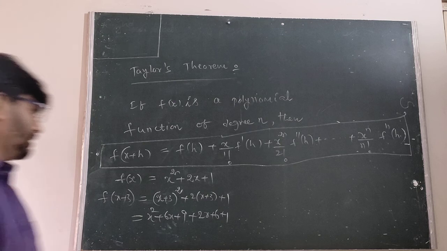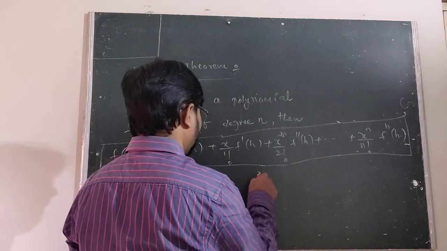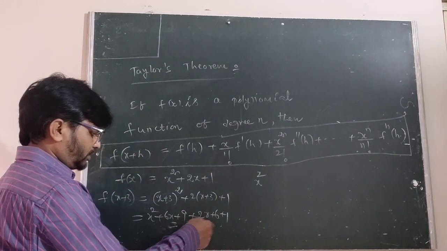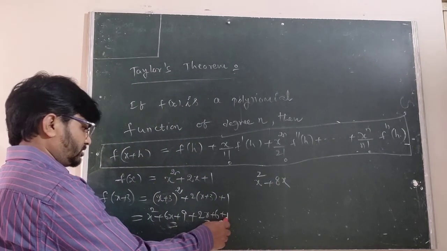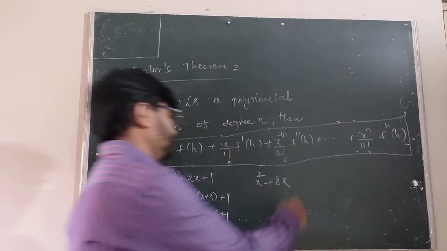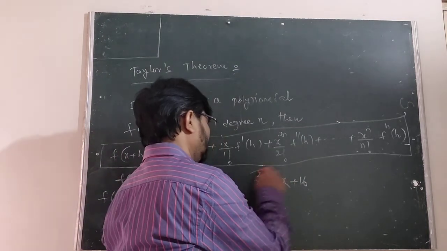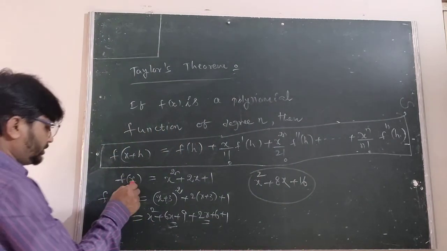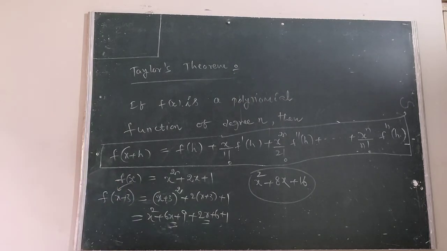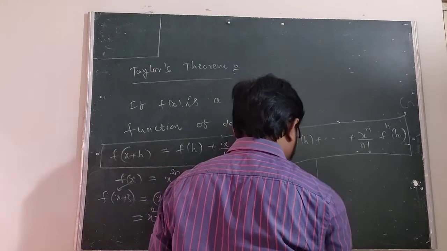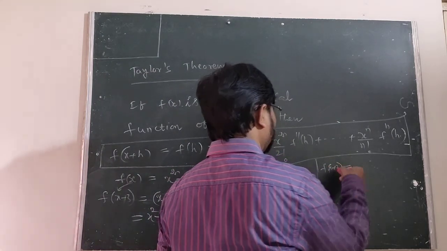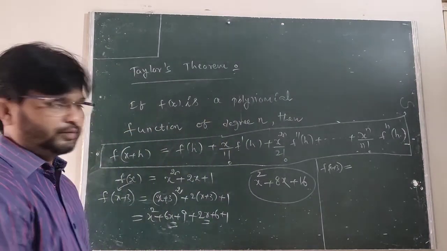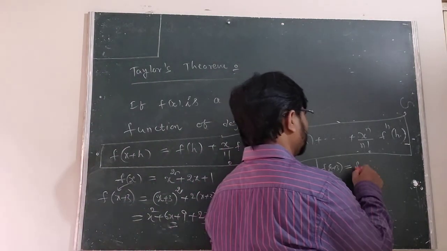So now this is x square, 6x plus 2x is 8x, and 9 plus 2 plus ... 6 plus 1 gives 16. This is what we get when we take f at x plus 3. Now, from Taylor's theorem, f of x plus 3 can be written as f of 3